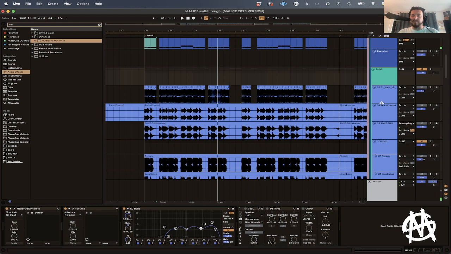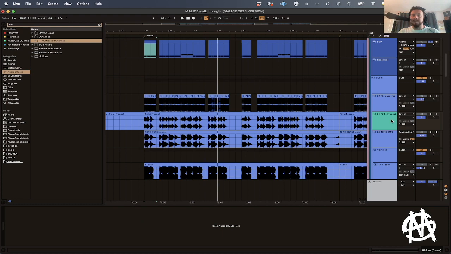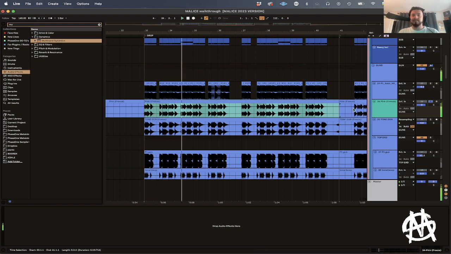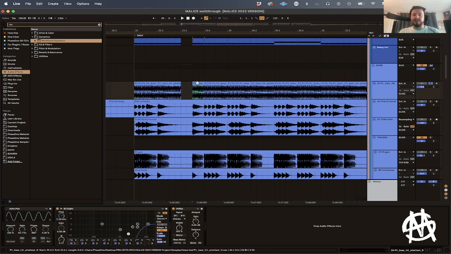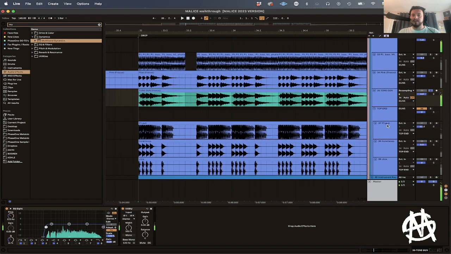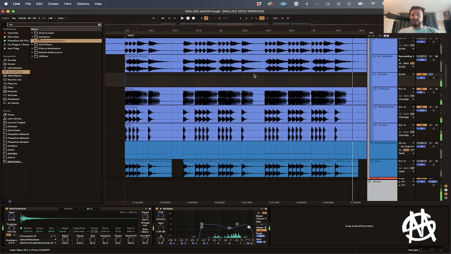A lot of these layers have already been bounced down, just because it's such an old project, and there was a lot of reconciliation and all that. This one's literally a pink noise layer, so just a bit of high end there. This is some guns that are frozen down. And then there's some other top end stuff here, more just clicks and everything to accent the transient. So when you put it all together,